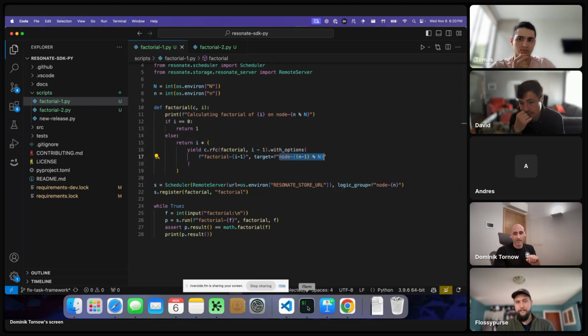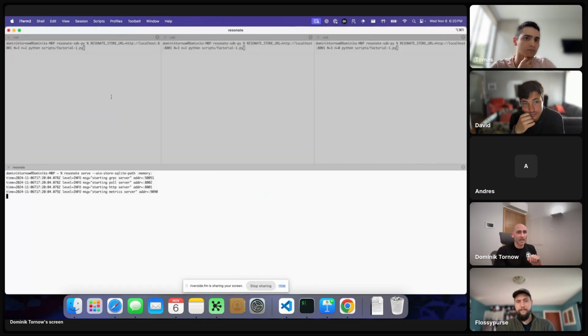Why am I doing this? Because I would like you to see that the factorial neatly jumps from left to the middle to the right and left to the middle to the right. So I'm using a custom naming scheme here. If I didn't do that, we would basically just see the factorial being assigned to processes randomly. And because the factorial is not actually consuming any resources, there's a good chance it all would just happen on a single node.